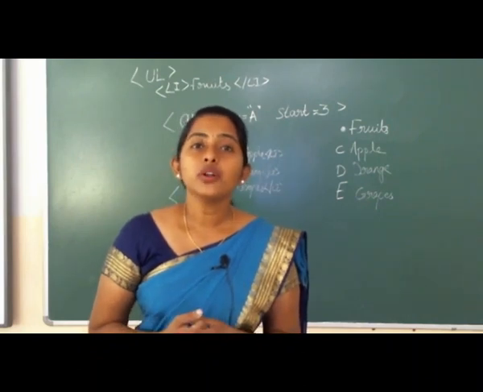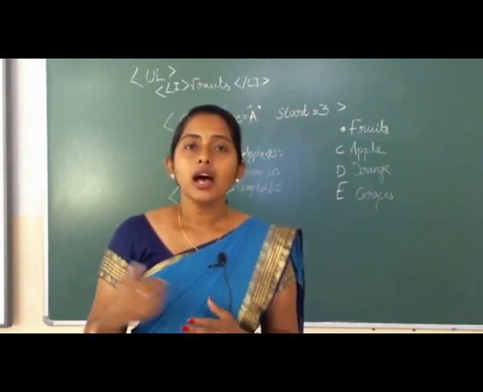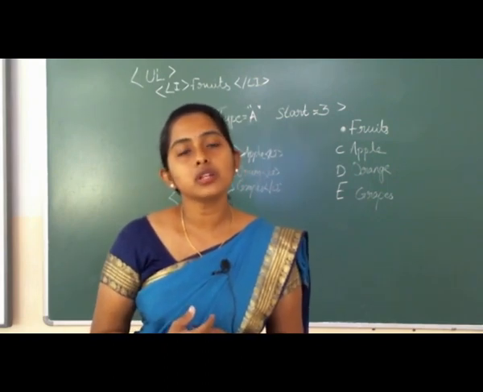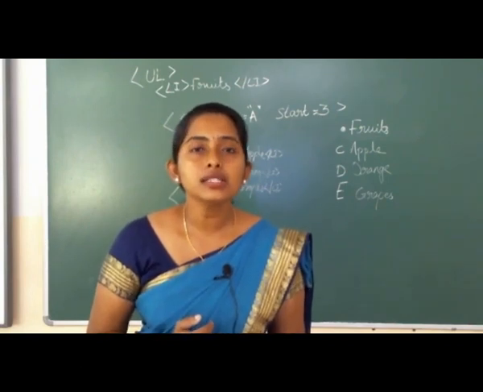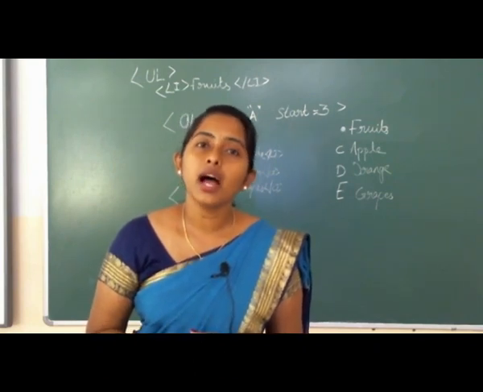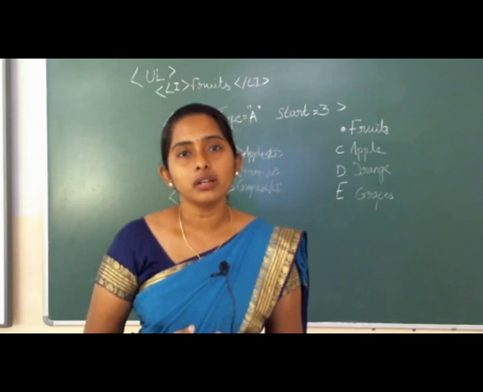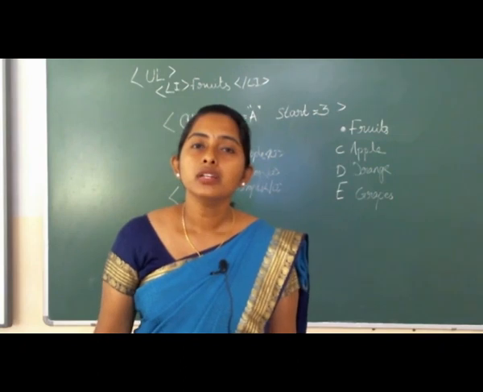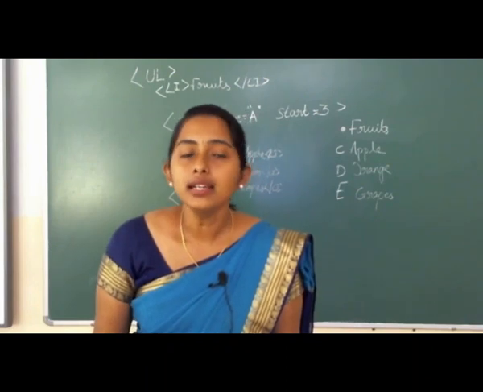Okay, and moving to the unordered list, you have to use the UL tag. Okay. And inside for listing you can use the LI tag, and last you have to use the closing tag of UL with a slash symbol. Okay. For this unordered list, mainly one attribute is there, that is the type attribute. The values for this type attribute are disk, circle, square. By default you can see the disk shape. Got it everyone? So, a list inside another list, if it is there, you can call it a nested list.